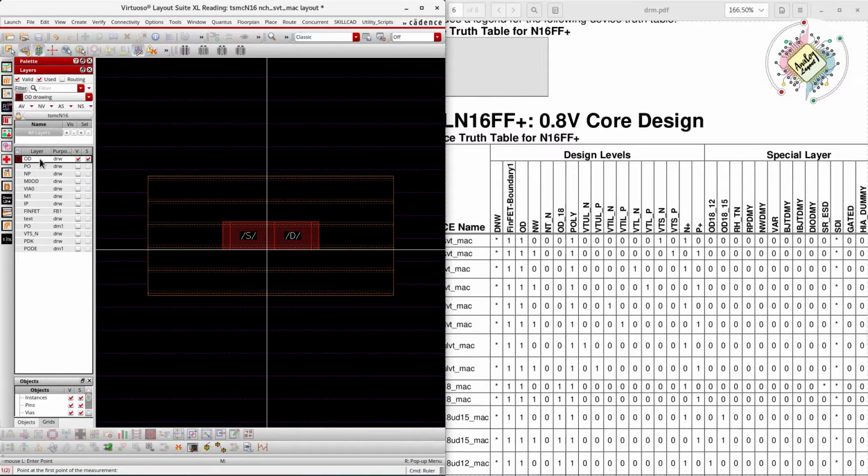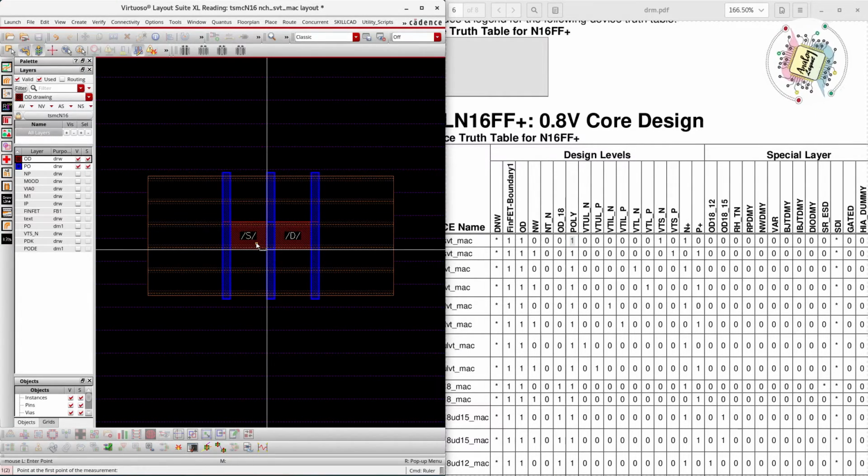That's why in our LSW window, hope you can see this, the first layer is OD. After fabricating this OD, we don't have N-well, we don't have this NT_N, we don't have OD18. The next fabrication step is poly, so the second step is poly. The poly is fabricated with respect to the DFM foundry based document. After fabricating the poly, the next step is VTS_N. That is here. We have this layer, right?